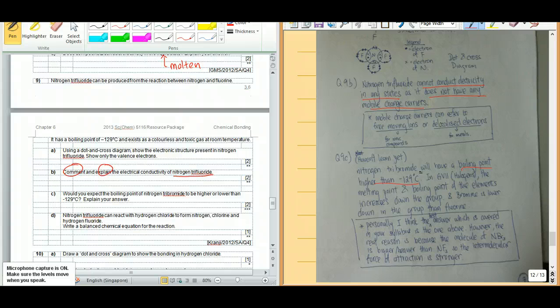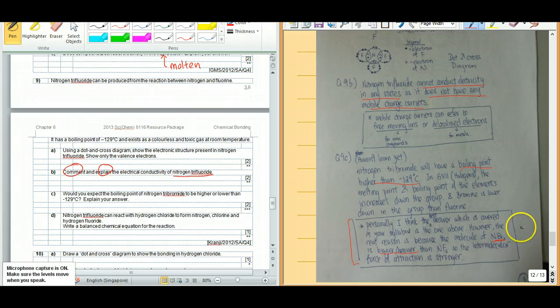Because if you look at group 7, which you'll study in periodicity, they belong to the halogens. And the melting and boiling point of each element increases down the group. So if bromine is lower down in the group than fluorine, you expect the boiling point to be higher. However, as you can see here, I state that I personally do not agree that this is necessarily a good answer. But because of what is covered in your syllabus, I think this is the best explanation you can give. The correct answer is actually because the molecule of NBr3 is heavier and bigger.